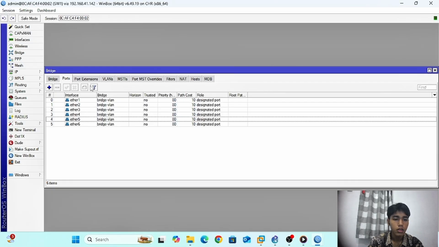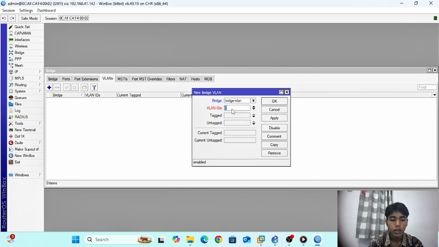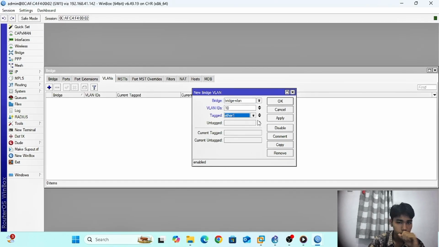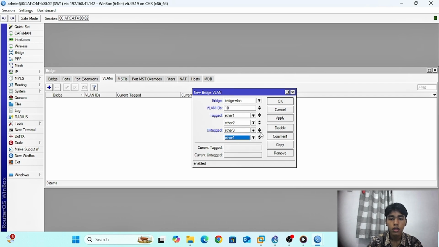Our interface connect to bridging and the VLAN tab. Add VLAN ID 10, trunking ether 1 and ether 2, access ether 3 and ether 4.